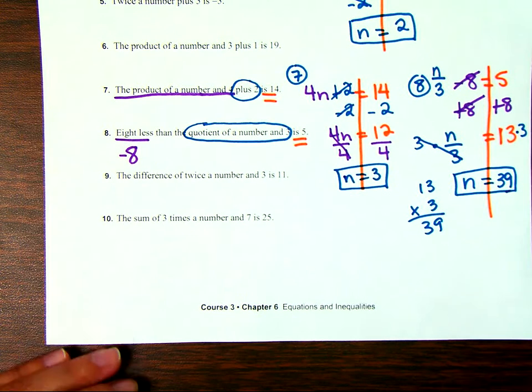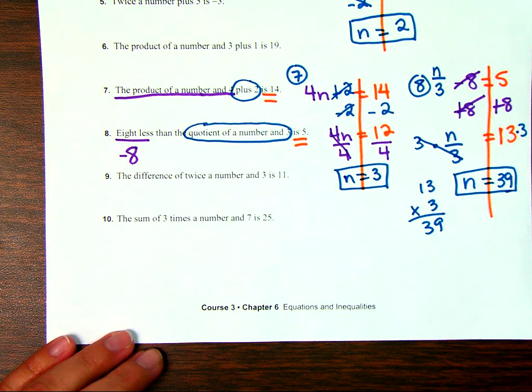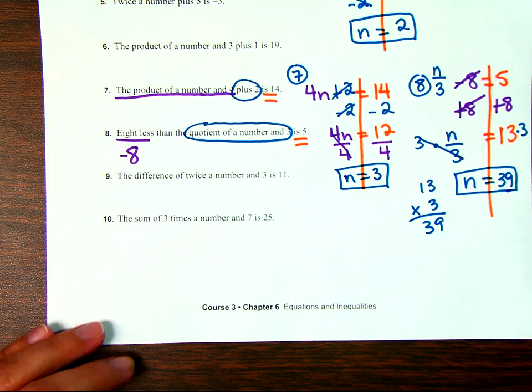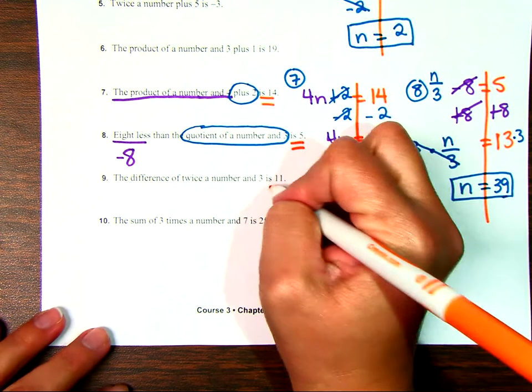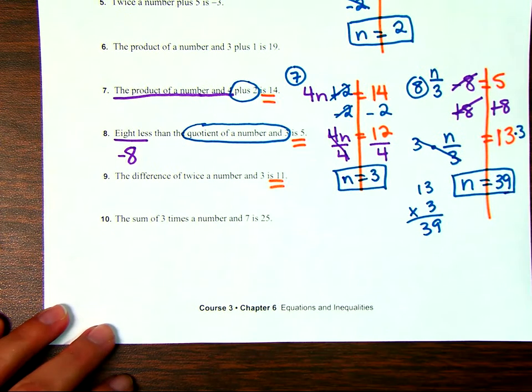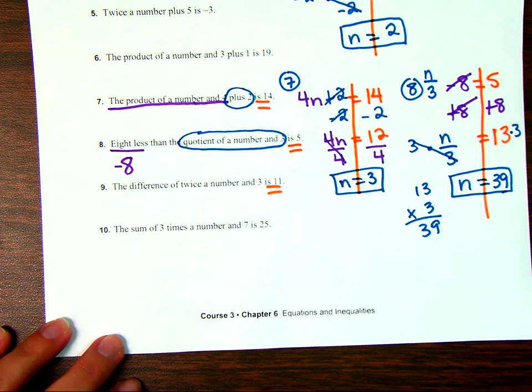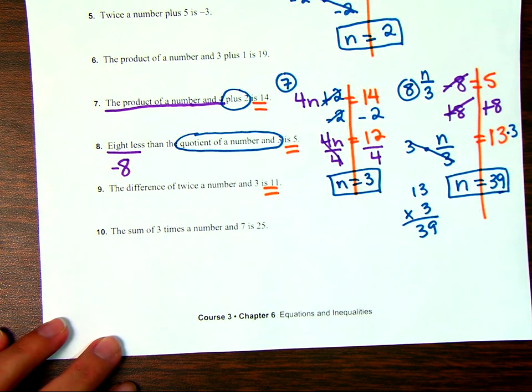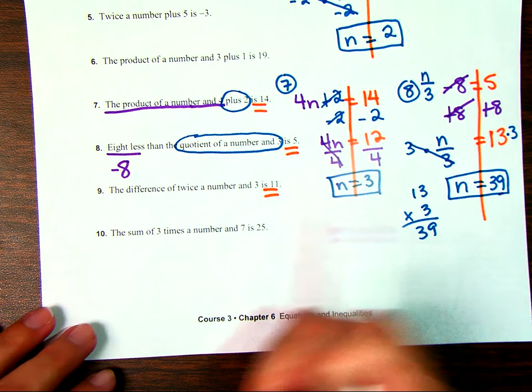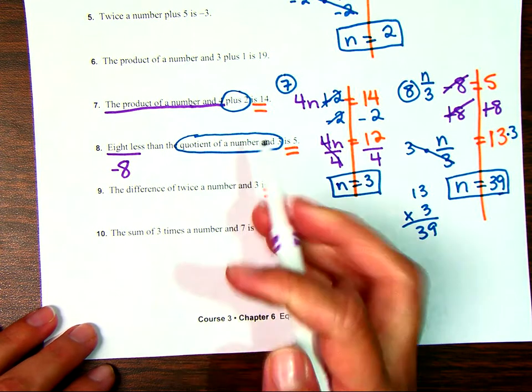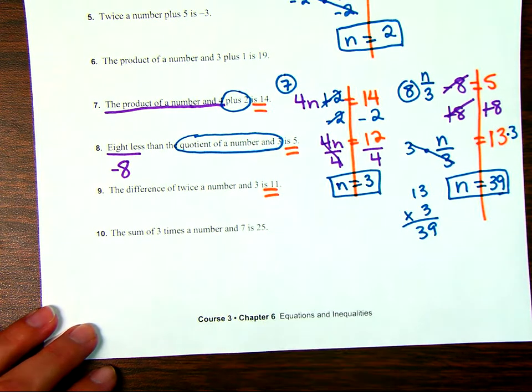Let's try number 9. It says the difference of twice a number and 3 is 11. So again, it helps me see what my total answer is. So the difference of twice a number and 3. So on this one, we know that we're subtracting, so we see the keyword for difference. Twice a number means you're multiplying